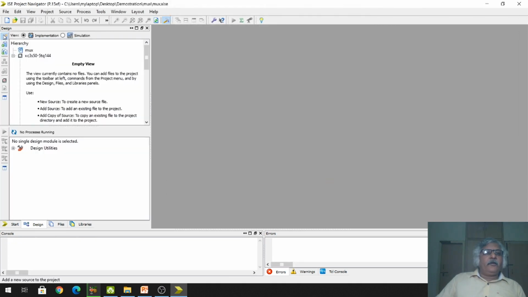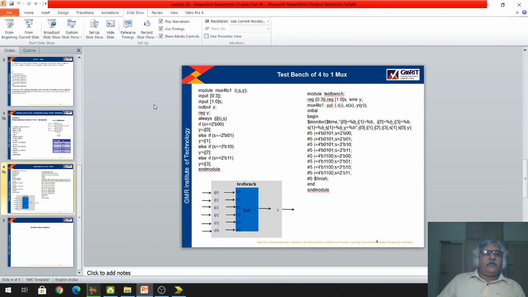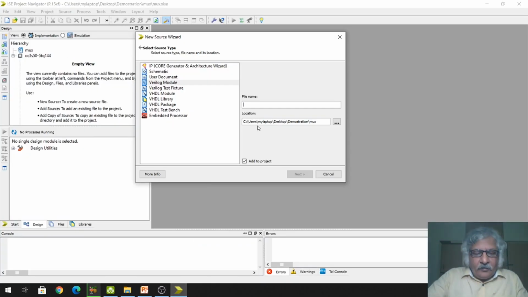Now I will open the source file. I will select the Verilog module, and the name of this module is mux421.